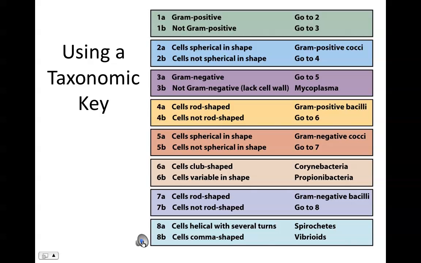Now, there are various ways to figure out what group our organisms will go into. These are called taxonomic keys. Taxonomic keys can be arranged and devised in a variety of different ways. Regardless of how they are organized, we're still trying to find common similarities and differences between the different genera and species.